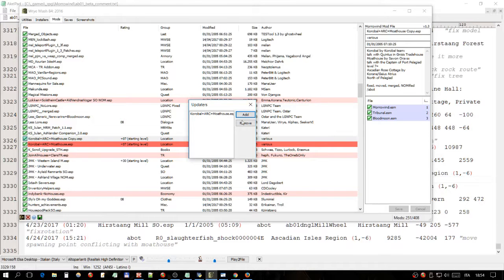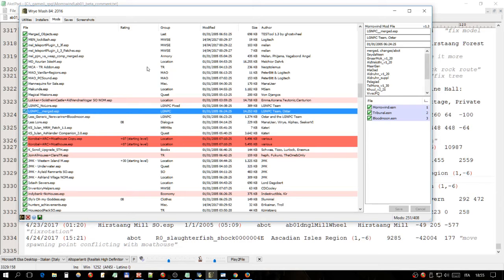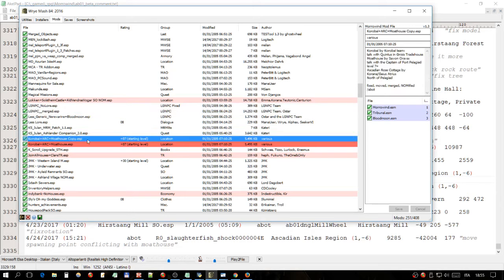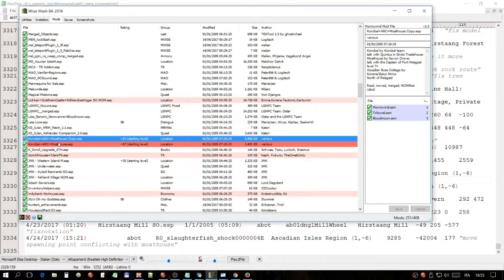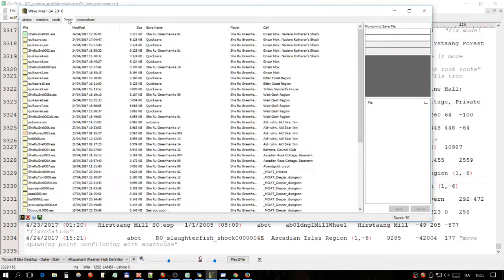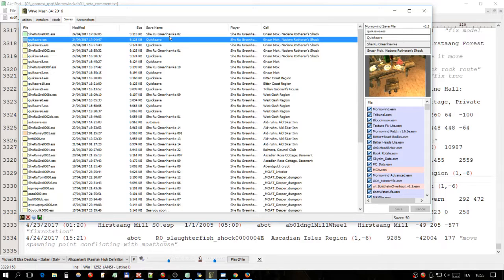Okay, so I will repeat it again. Very simple. How can you use Mesh Replacer? Right click the new mod version, updaters, and add the old version here. Okay. Now Mesh is ready. We can go to our saves and fix the save so it is using the new version. So for instance, I will take my last save here